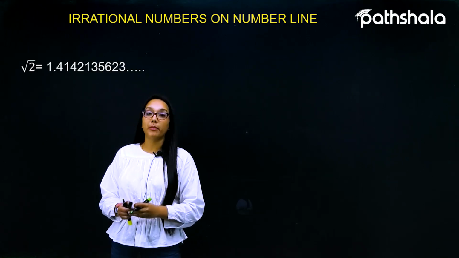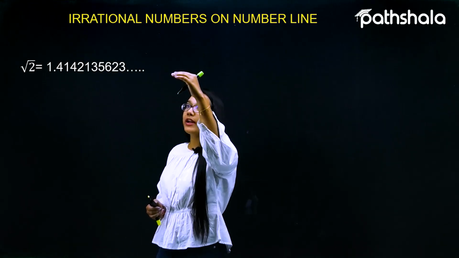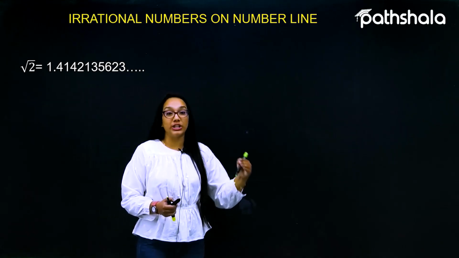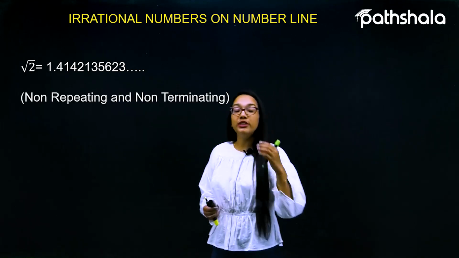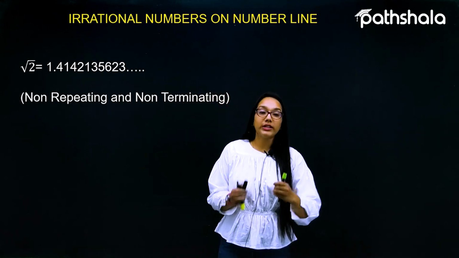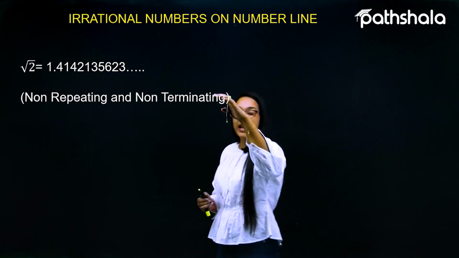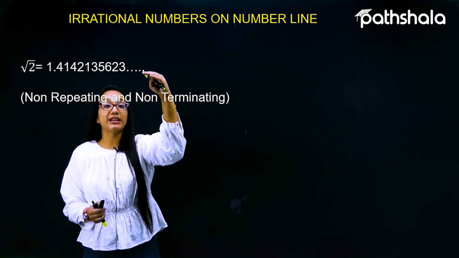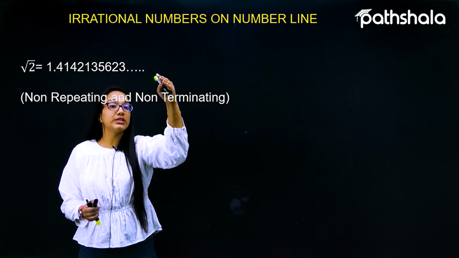Let us suppose I'm talking about square root 2. So the value of the square root 2 is like 1.4142135623. It is such a kind of number which is non-repeating and non-terminating. What is the meaning of non-repeating and non-terminating? As we can see from the value of root 2, this particular value is nothing but a non-terminating one. As it goes on, the value of root 2 is nothing but